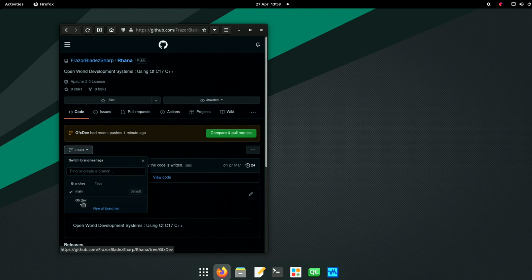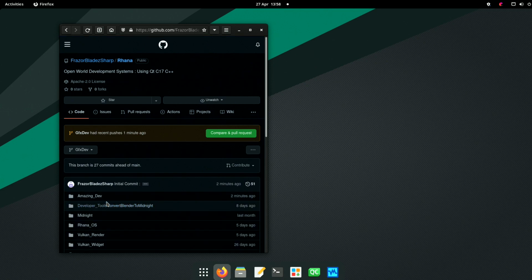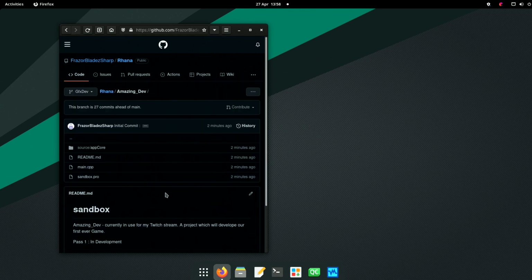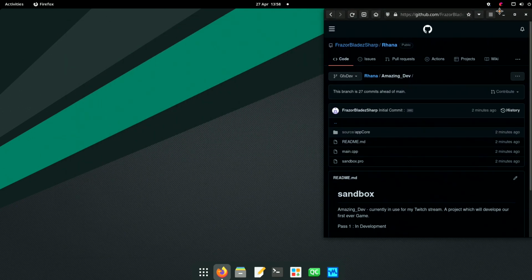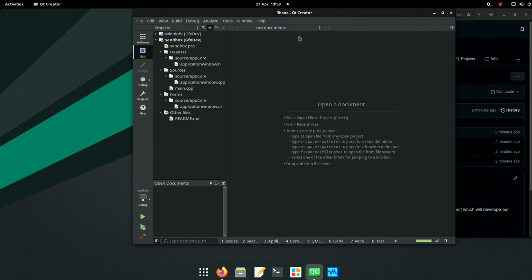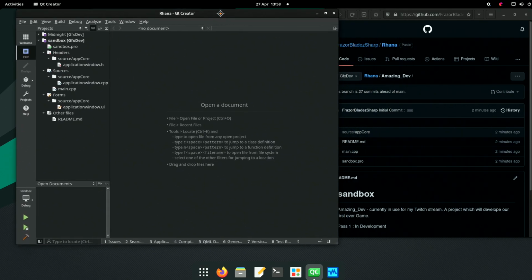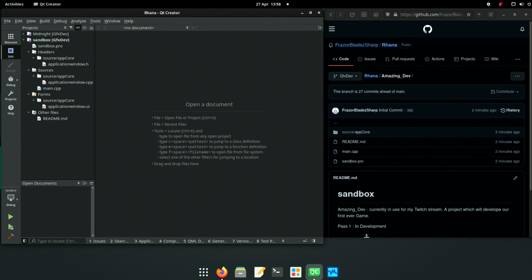Main, GFX dev, view code, and there it is. So that's what we're working on. There we go. That looks good.